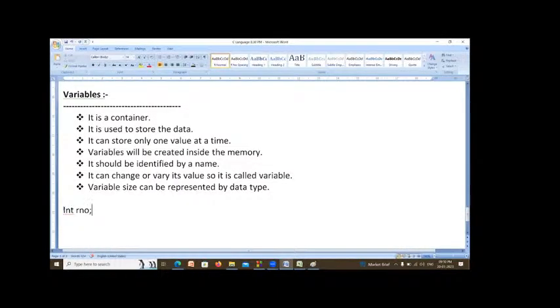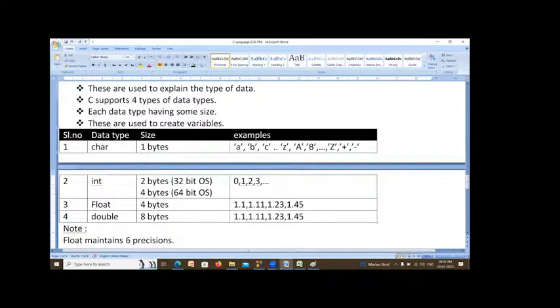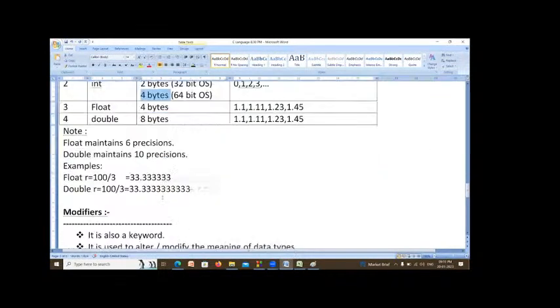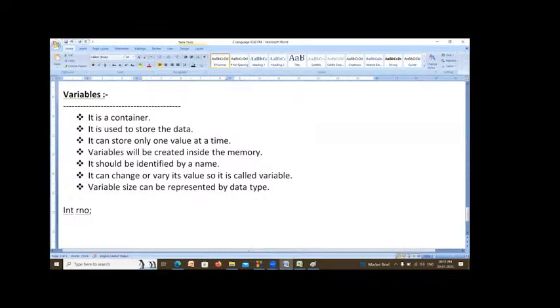So whenever you say integer roll number, what is the size of an integer? The size of an integer in my system is 4 bytes. So the computer allocates 4 bytes of memory for this. How can the computer understand the size of this container? By specifying the data type. You can specify the size of this container by specifying the data type. So variable size can be represented by data type.